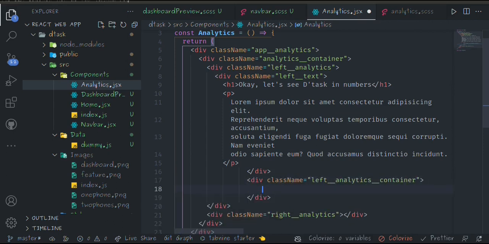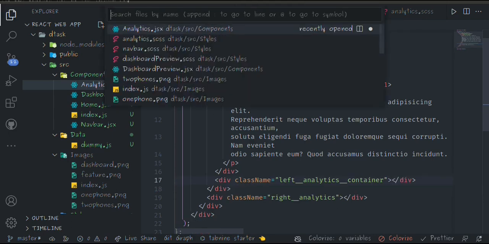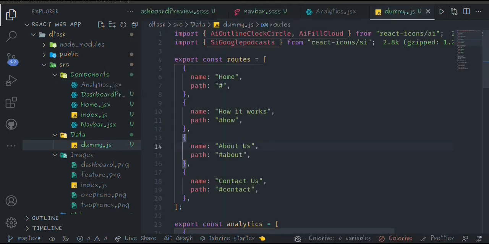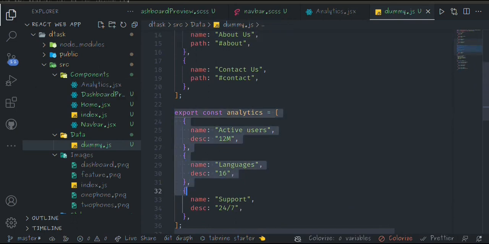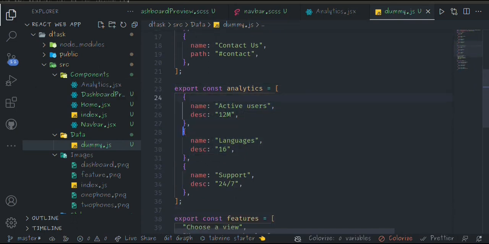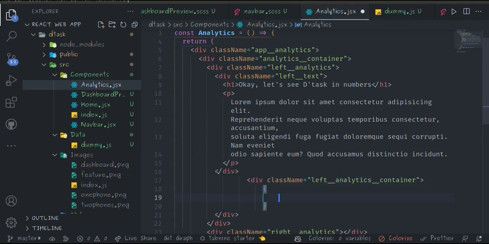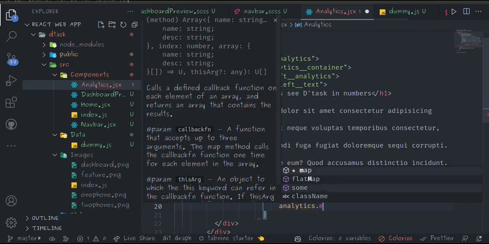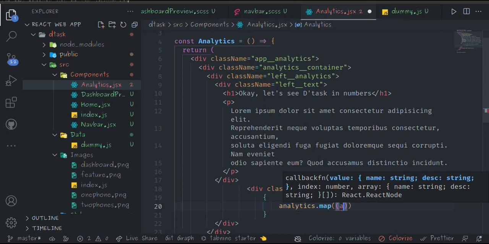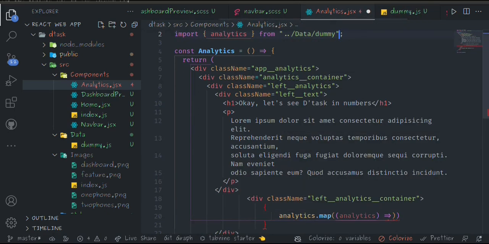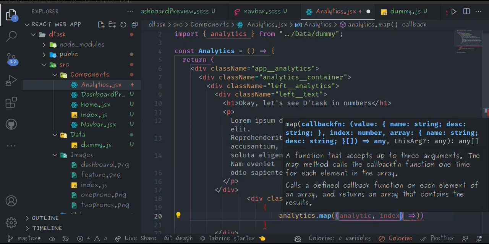container like this, where we are going to use this analytics from the dummy, from this dummy here, this analytics here, we are going to use it. So we are going to map inside of this array by using the map function in JavaScript. So I'm going to say here analytics.map, and for each analytic and the index also of it,